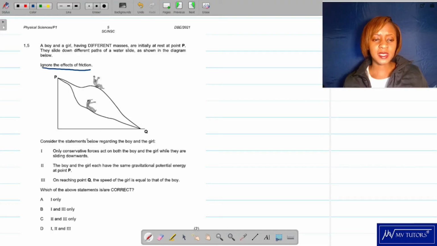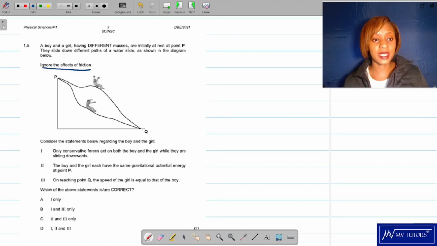It says, consider the statements below regarding the boy and the girl. One: only conservative forces act on both the boy and the girl while they are sliding downwards. Two: the boy and the girl each have the same gravitational potential energy at point P. Three: on reaching point Q, the speed of the girl is equal to that of the boy. Which one is true? So, if we were not to ignore the effects of friction, guys, remember friction is a